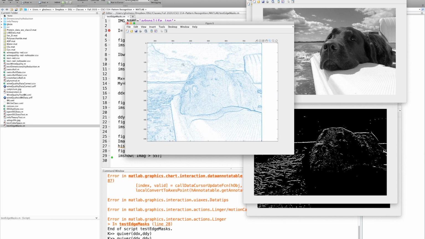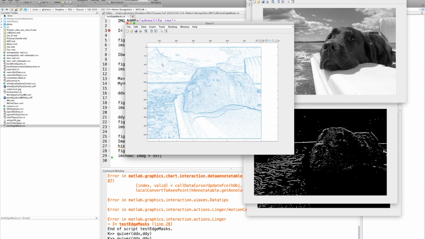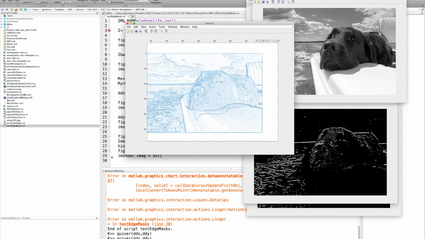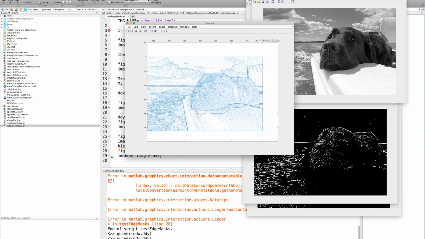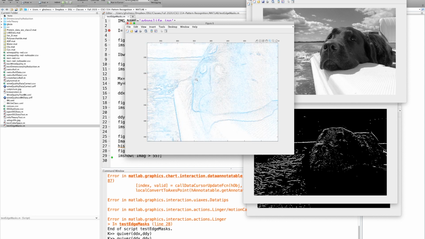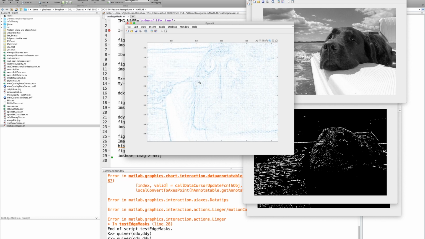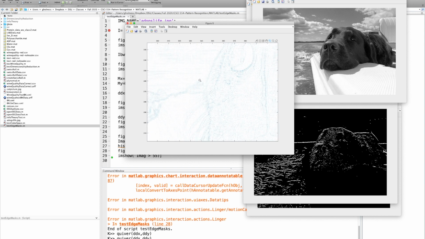Oops, it's not letting me zoom. There we go. There we are. So zoom again. And we're just going to look at the side of the dog's face. And if we zoom in enough